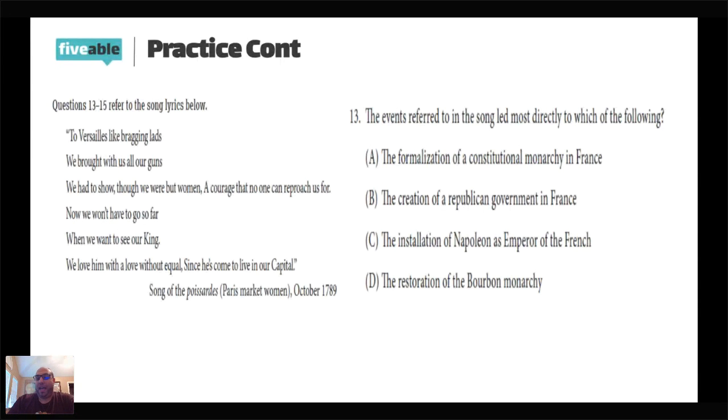This is where your time period knowledge comes in. Question B is too early, I'm sorry, it's too early in the time period for this. We did not see a Republican government in France until 1792. Sorry, it's late, I'm tired, so I might be off by a year. So that's why it's not B. We saw that constitutional monarchy first. And so that's how you pick between those 2 answers that seem correct. Hopefully that helps. And Kelly, yeah, dates definitely help with everything.